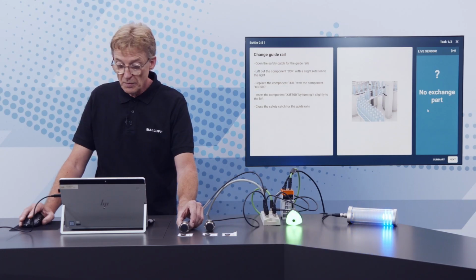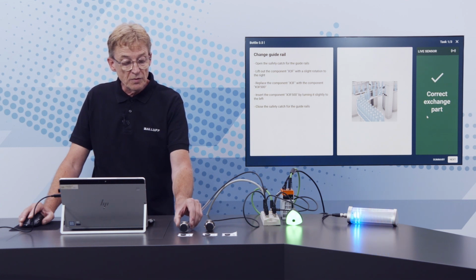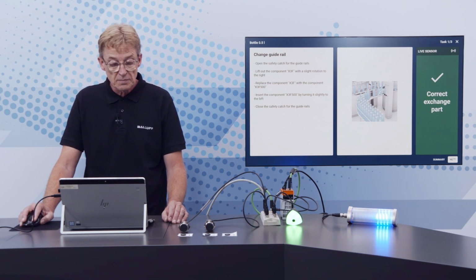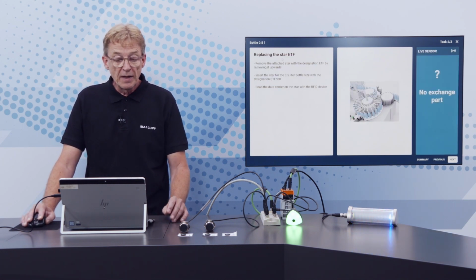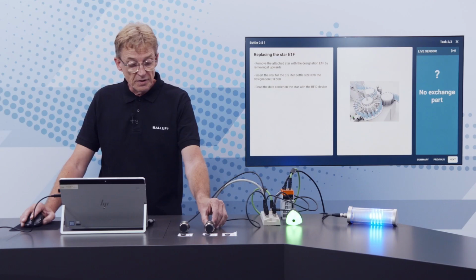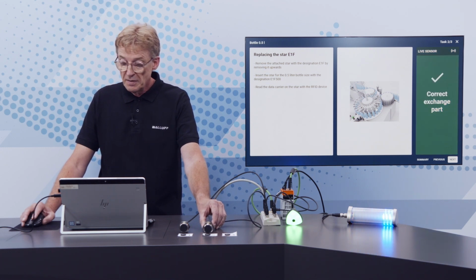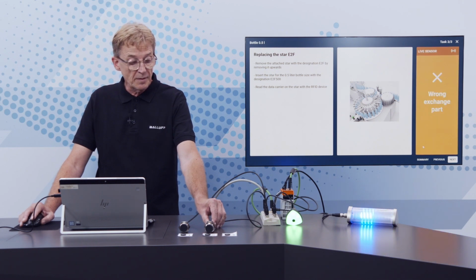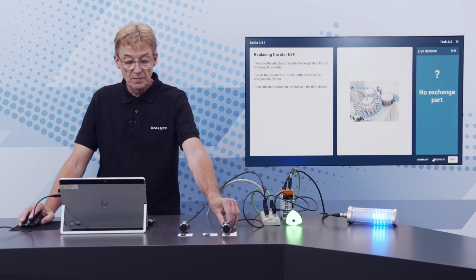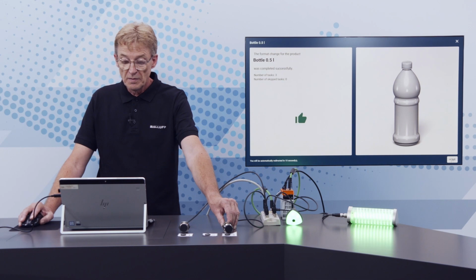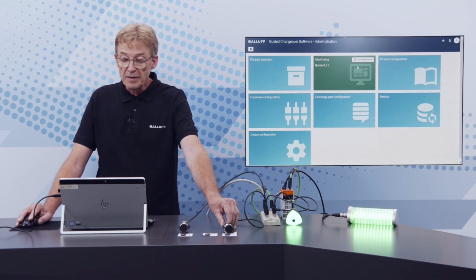We can go a bit closer to the RFID tag, and we see, okay, this is the correct part. Then we go to the next step, which is about replacing the different stars, and now we can read in again. This is the correct exchange part here, and the next step is the second one, and this is also the correct star. So if we finish this and go to the monitoring area,